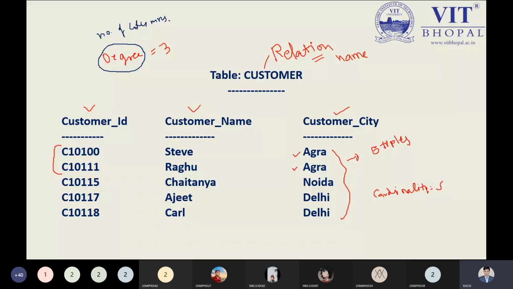After this point, I can have three different tables, or two tables, three, four, five tables. It's my choice, but it depends on the activity we have to perform. When I speak about the number of columns, I am talking about the degree. Our relation name is customer, and we have customer ID, customer name, and customer city.